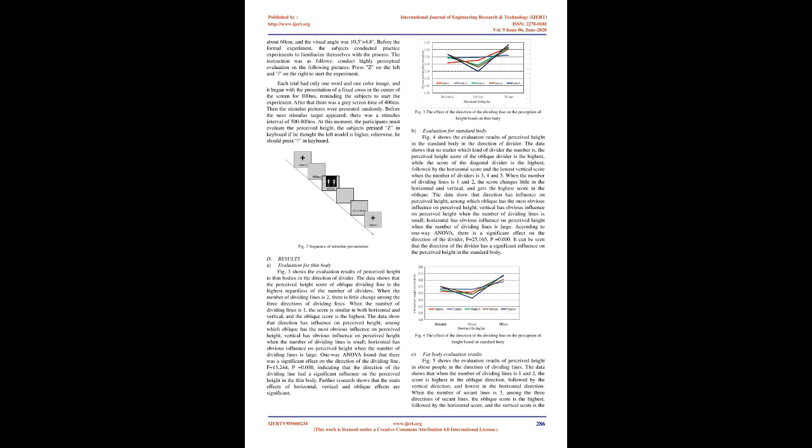on the keyboard. D. Results. A. Evaluation for thin body. Fig 3 shows the evaluation results of perceived height in thin bodies in the direction of divider. The data shows that the perceived height score of oblique dividing line is the highest regardless of the number of dividers. When the number of dividing lines is 2, there is little change among the three directions of dividing lines. When the number of dividing lines is 1, the score is similar in both horizontal and vertical, and the oblique